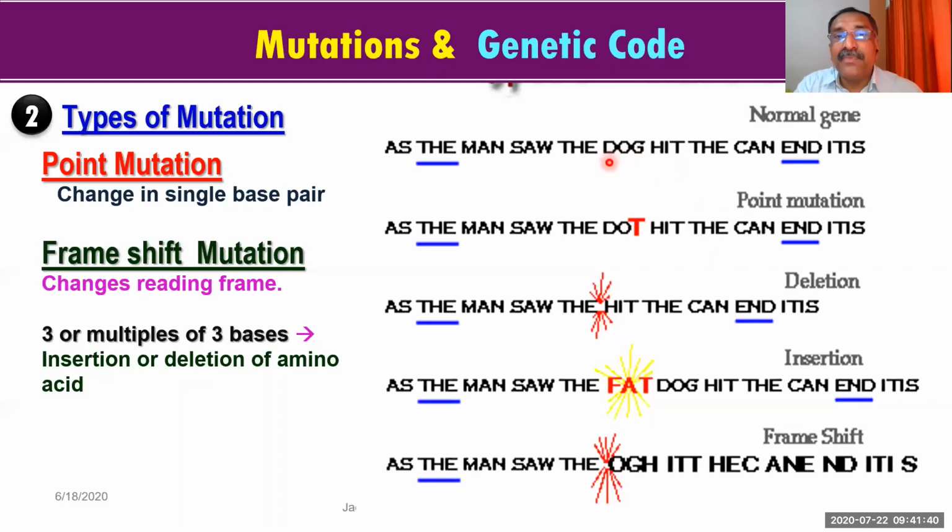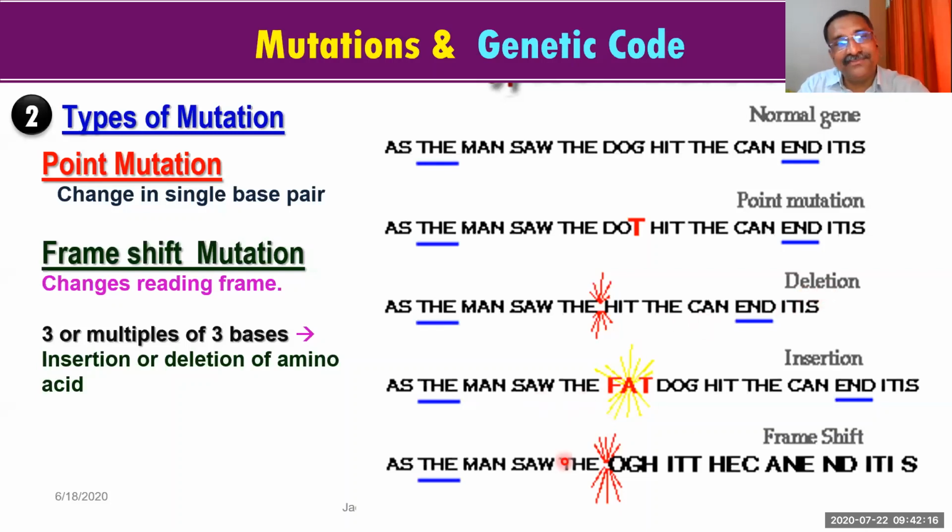In this example, the three letters of the word that are cut off, that is called a deletion. Is it clear? The meaning has changed again. So when one nitrogen base has been changed, the meaning has changed. The three nitrogen base combination means one codon. One codon is changed, one word is cut off, the meaning has changed. That is called a deletion.